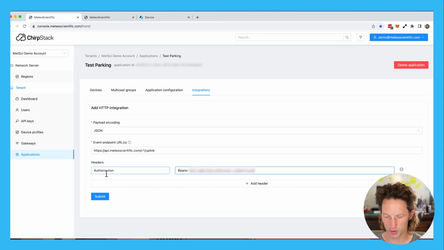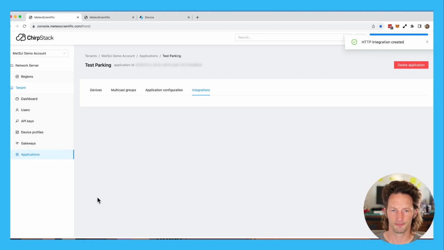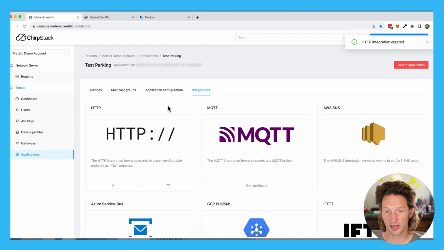Now, most of the time this doesn't happen, but just at the very end of it, hit delete, and then go back to the beginning, hit delete. Sometimes these copy paste things will put in an extra space, and that extra space will screw the whole thing up. So just go to the front and the end, delete that stuff, make sure there's no extra spaces in there. And now you've got both your endpoint URL and your header and bearer key in there, and hit submit. And now you've got an integration